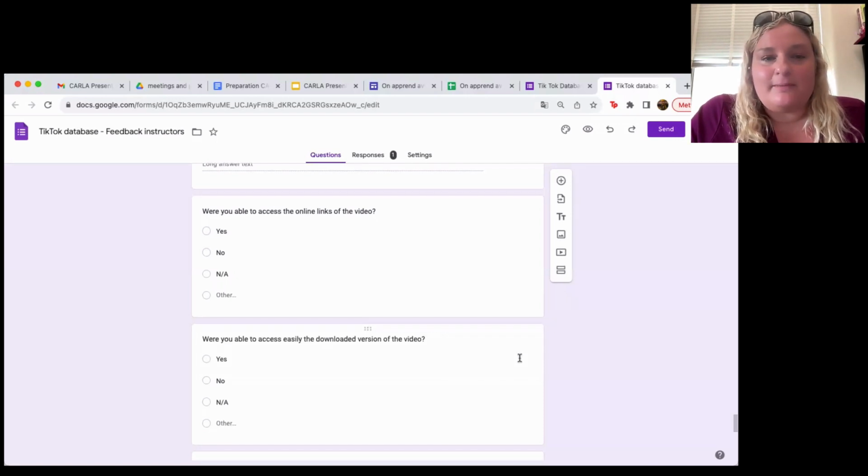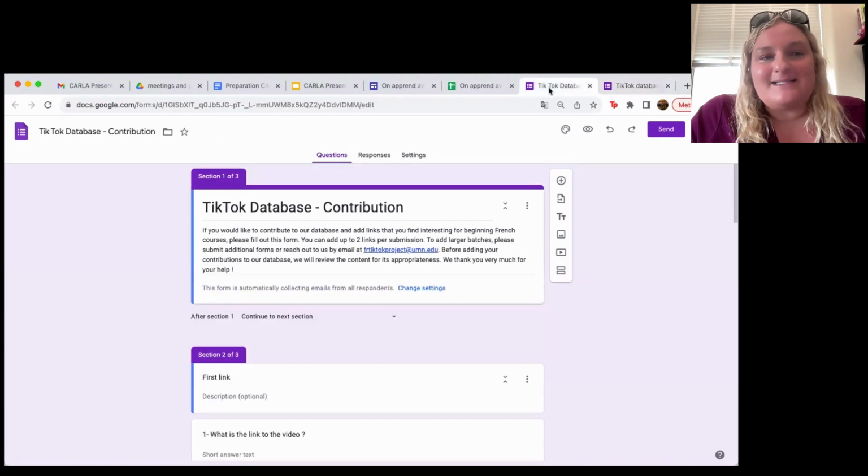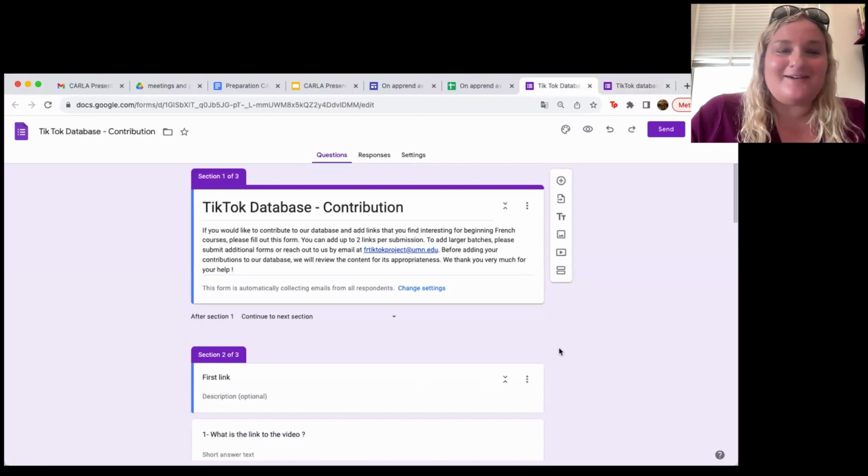Our contribution form is something similar, but looks a little shorter. And what it basically says is, we've given you a starter pack here for how to do TikTok if you teach French. But we recognize that we haven't covered all the topics. We've sort of themed this around what goes on here in the first and second year sequences.